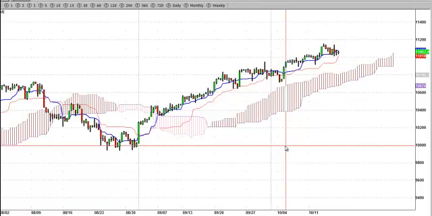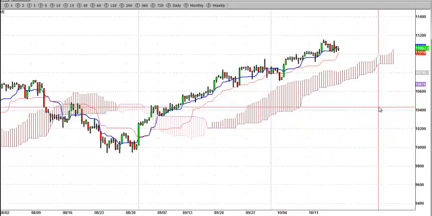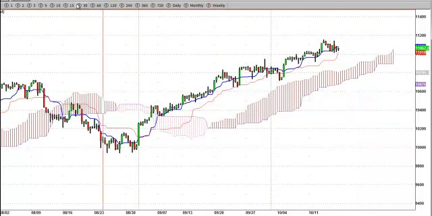And this is your Ichimoku Cloud update for Monday, October the 18th. What we're looking at here is the Dow Jones Industrial Average using the 240-minute cloud. I use eSignal, so I have my own time frames up here, all the different clouds, and this is the